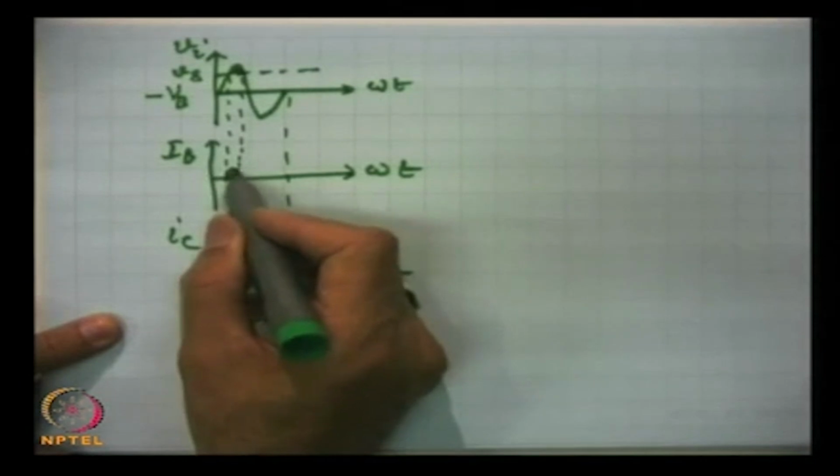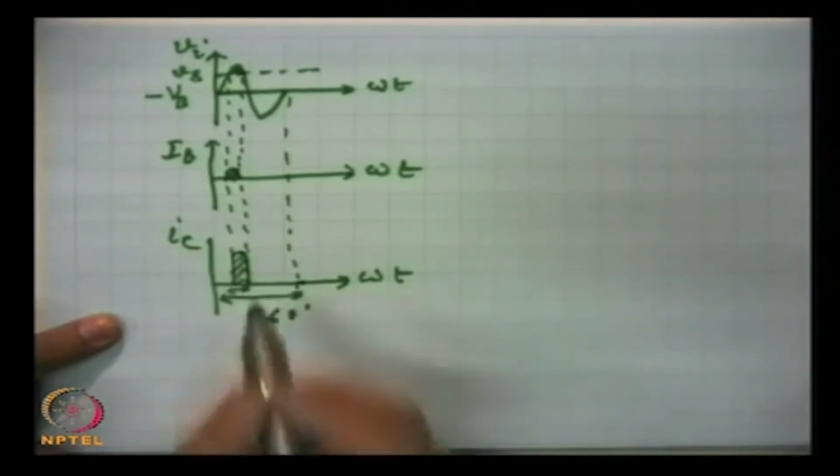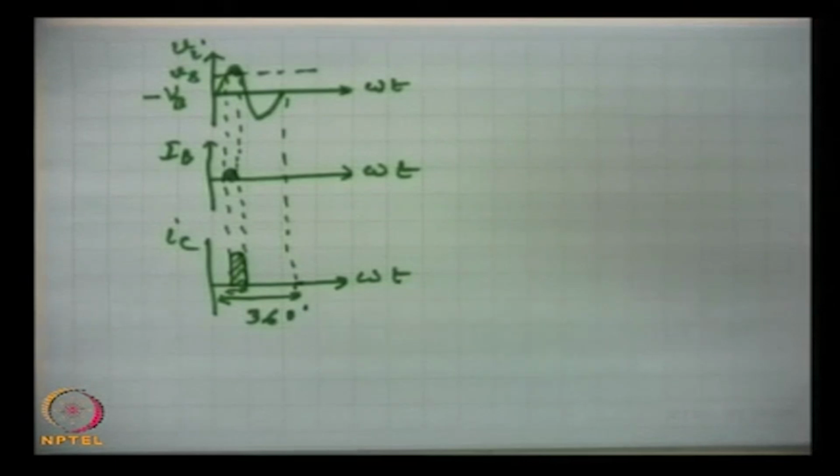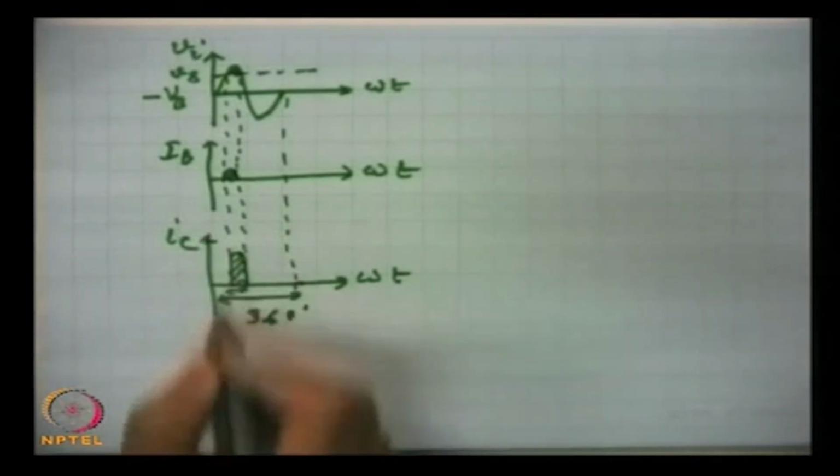This base current will be amplified, and this is the collector current which will be flowing,